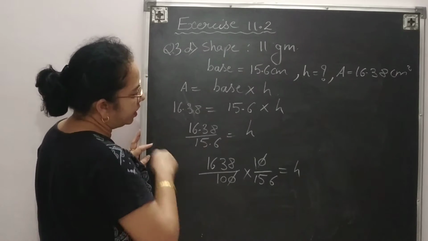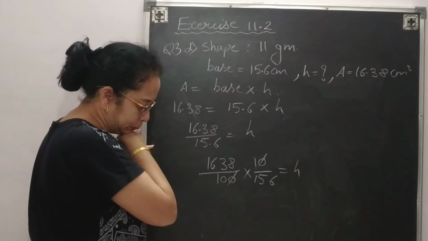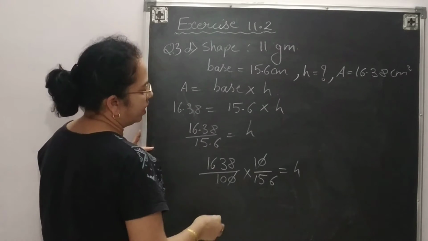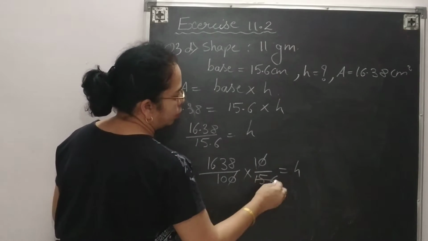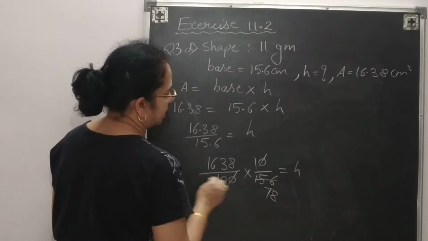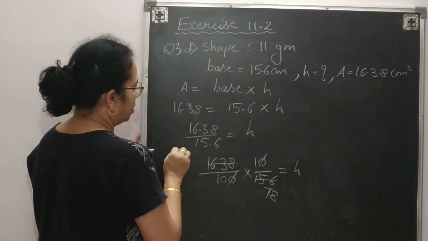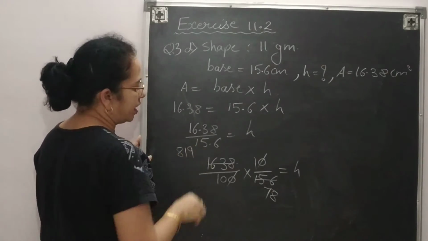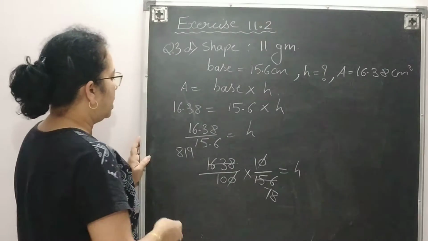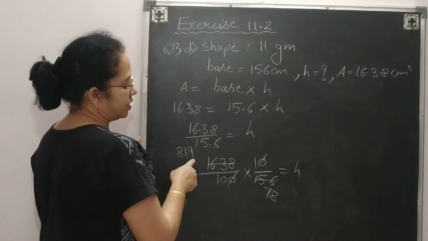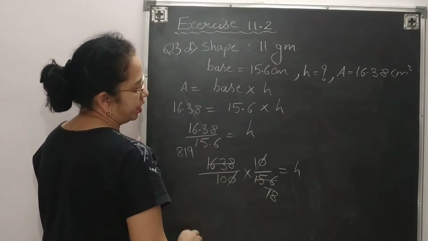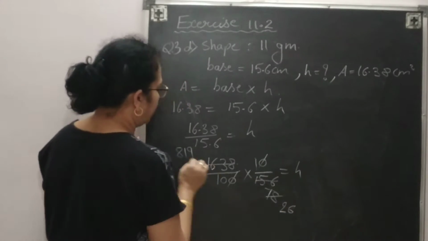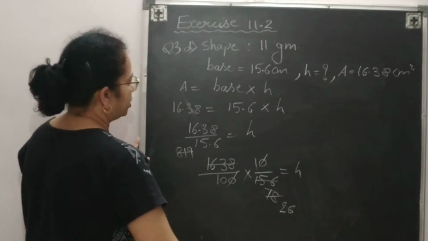The numbers are divisible by, we can cut by 6 by 2. 2 7s are 14, 2 8s are 16. Cut this number. 2 8s are 16. 2 1s are 2, 2 9s are 18. Again 8 plus 1, 9 plus 9, 18. 7 plus 8 is 15. The numbers are divisible by 3. So 3 2s are 6, 3 6s are 18. Now the number is divisible by 3.